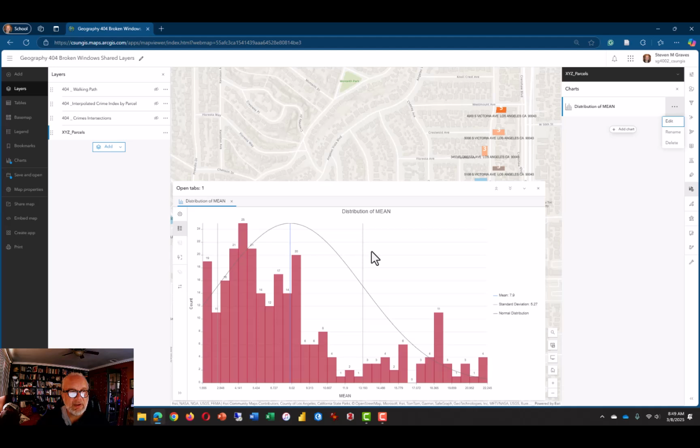Take this opportunity to learn something about this tool. You may find yourself using it somewhere down the road. So that's one of the things that you really should have done. Let's add a couple of other charts. And I'm not going to give you all of the things you ought to do, but say maybe a pie